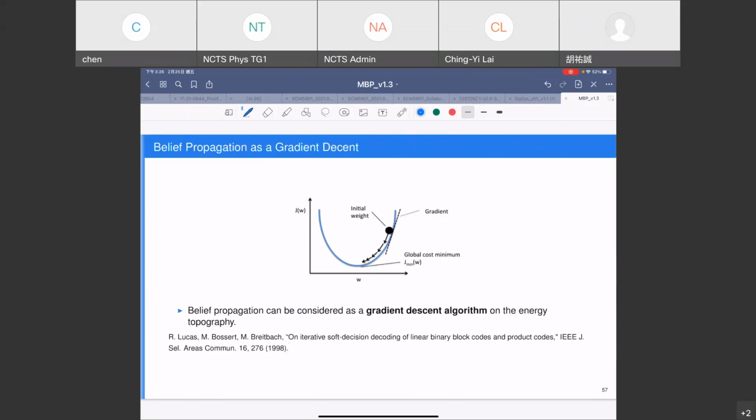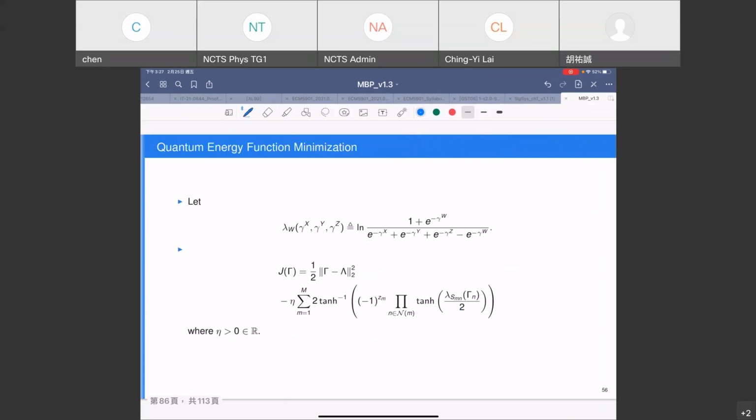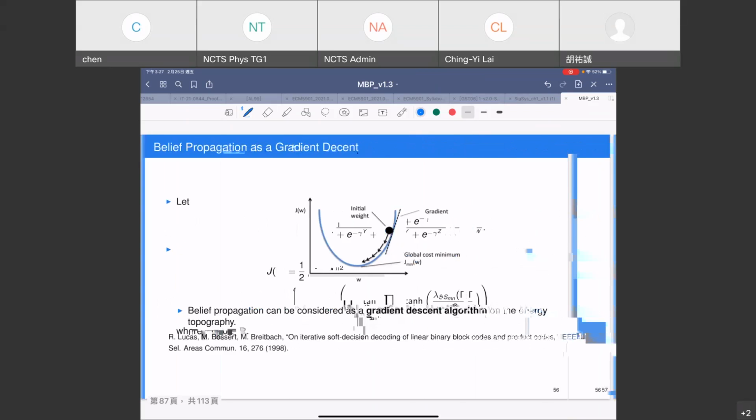Classically, this belief propagation can be considered as a gradient descent algorithm. If you have an energy profile like this one, you can find the local minima by doing a gradient descent, right? So if you perform this gradient descent on the energy we defined here, you will get a new algorithm,